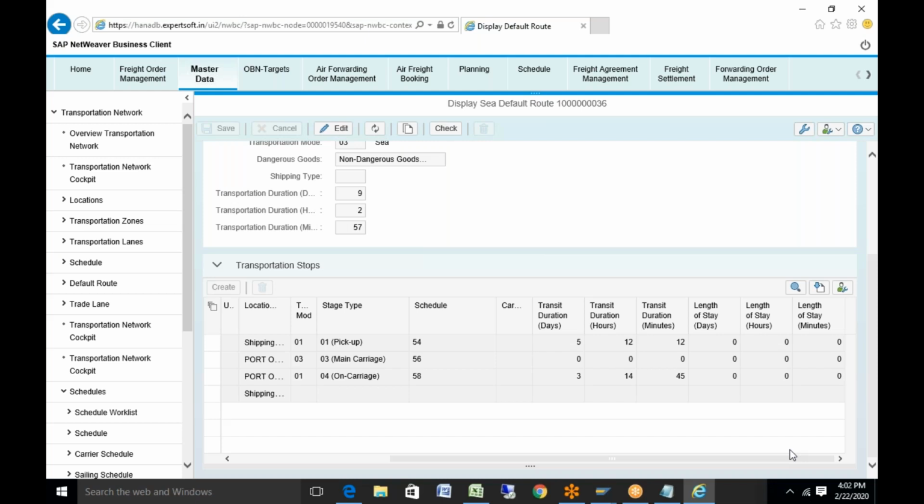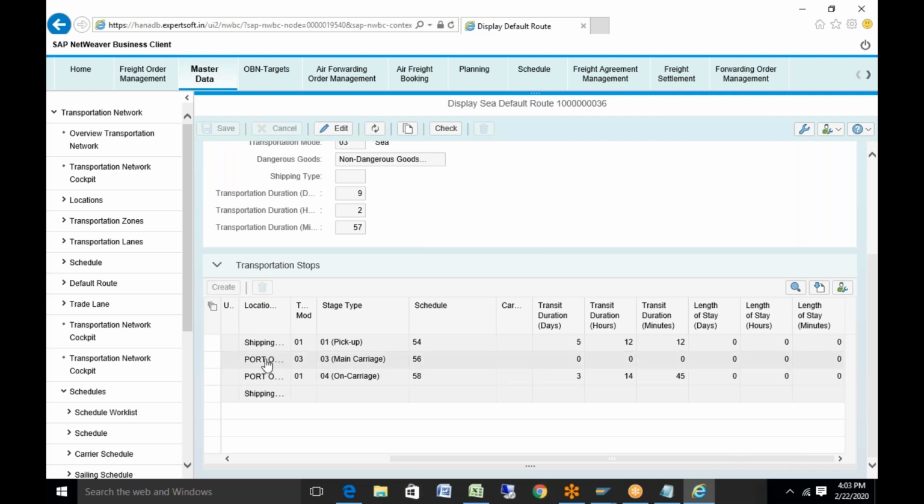Would there be any scenario where there could be multiple routes for the same shipping point and the same ship-to party? So you want to change only the ports here, right?